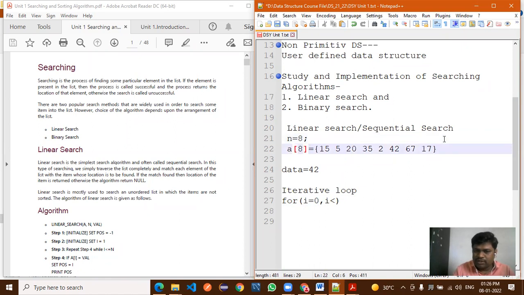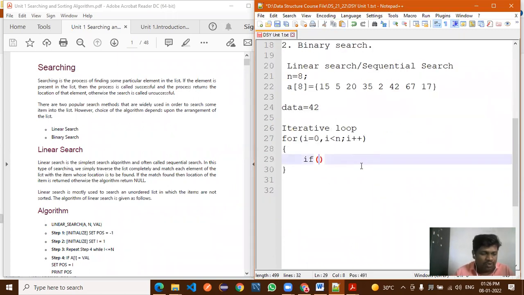Here n is the size of that array. What is the size of that array? We will define or copy it in n. After that i plus plus. Is it right? So this for loop I have written. Now I want to search the 42 element in the above list. How to compare it? For the comparison purpose, we'll write a condition by using the if statement. The element you will get through the data variable, so for example, data we have considered here.